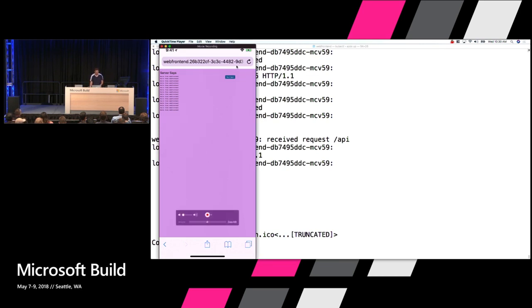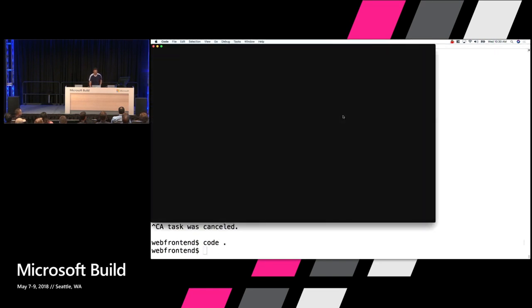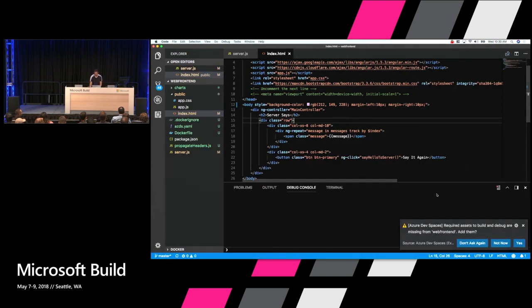That's all very good, but we're talking about iterative development. And as you can see, my app doesn't look great on my phone currently. So let's move out of here, and let me open up VS Code. And immediately, one of the things I'm prompted for is it detects that I've got a Helm chart and a Dockerfile here, and there's an extension that I installed, the Dev Spaces extension for VS Code, and it's prompting me whether I want to generate any debug configuration to help me get a debug experience with this. So I'll say yes for that,